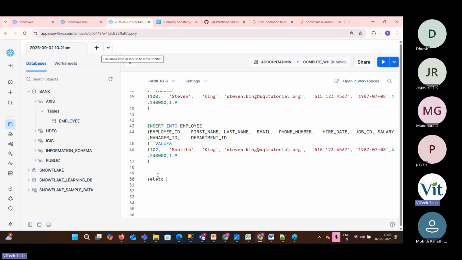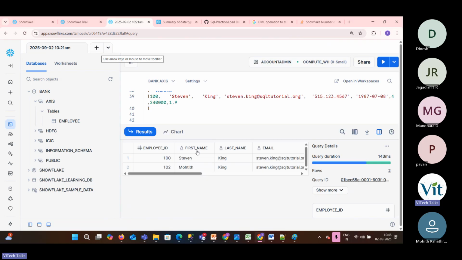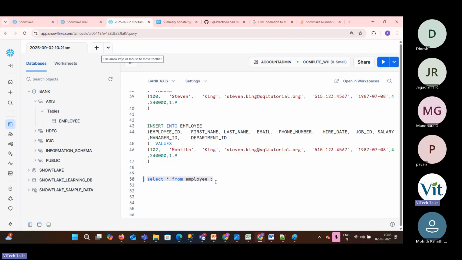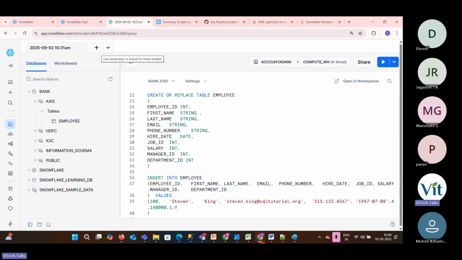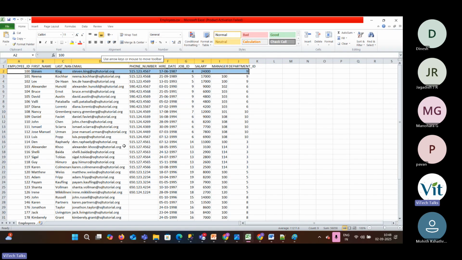Now let's see how many values are there. In order to retrieve the values, select star from employee. Okay, select star from employee, you can provide. See, there are 2 values. Now, instead of preparing this query and everything, what you can do,